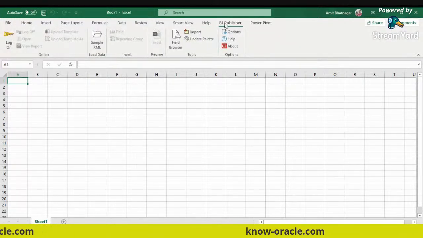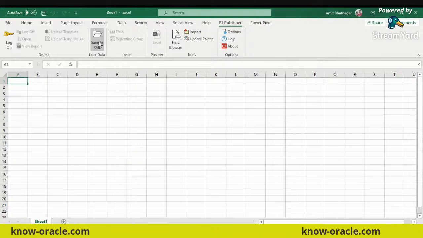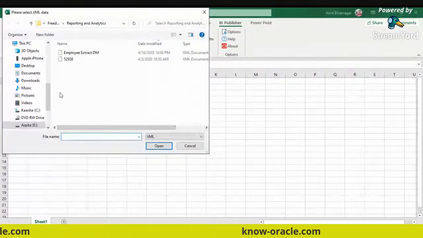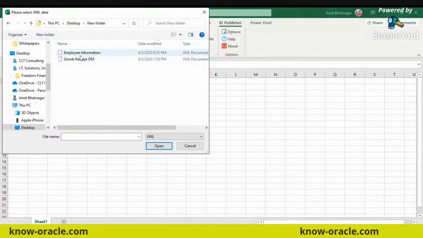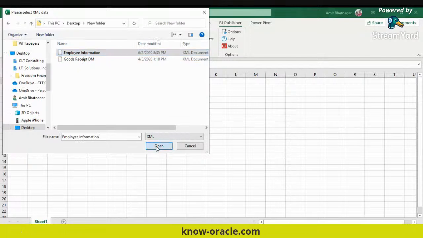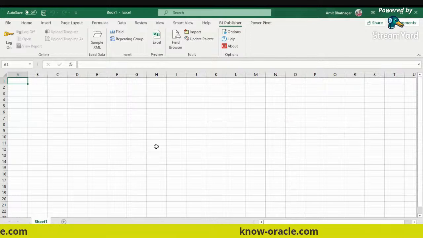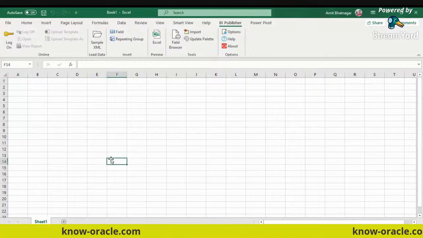I click on this and do the same thing here, sample XML. Now let's take the same employee information and click on open. Now if you click here, you have got, okay,